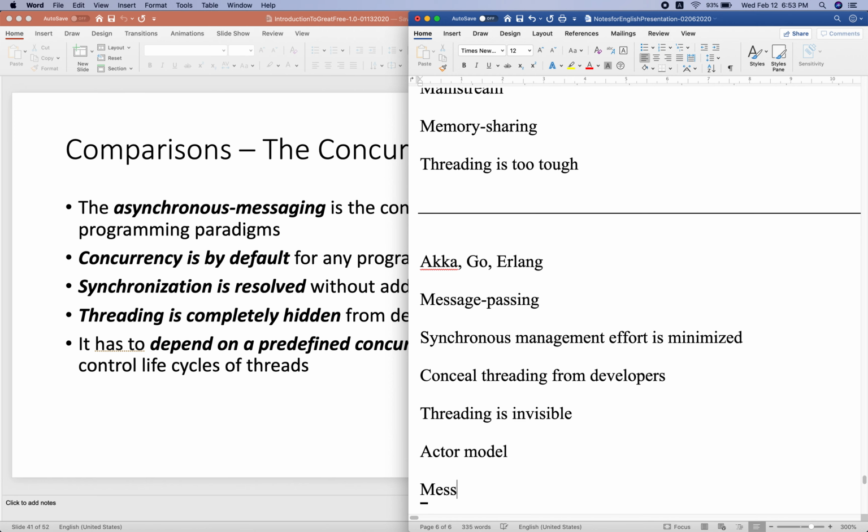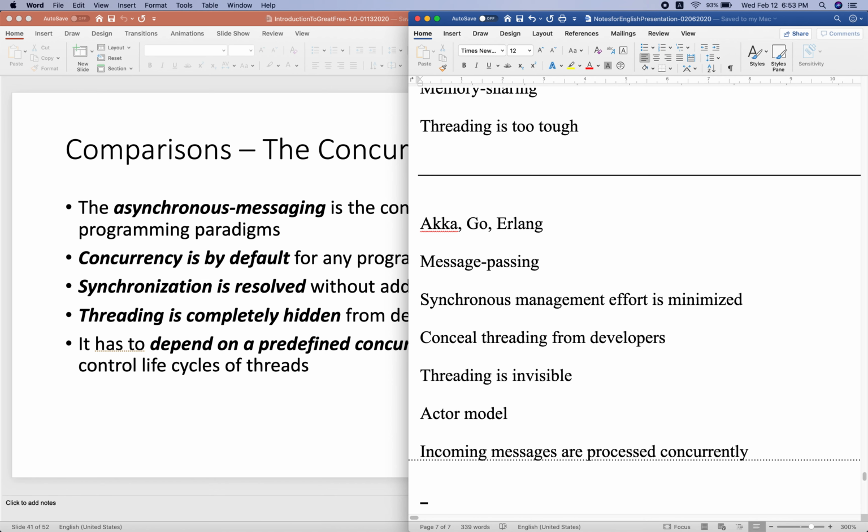Incoming messages are processed concurrently. This concurrent processing of incoming messages can be accomplished automatically. You don't need to care about how threads are assigned to those tasks.